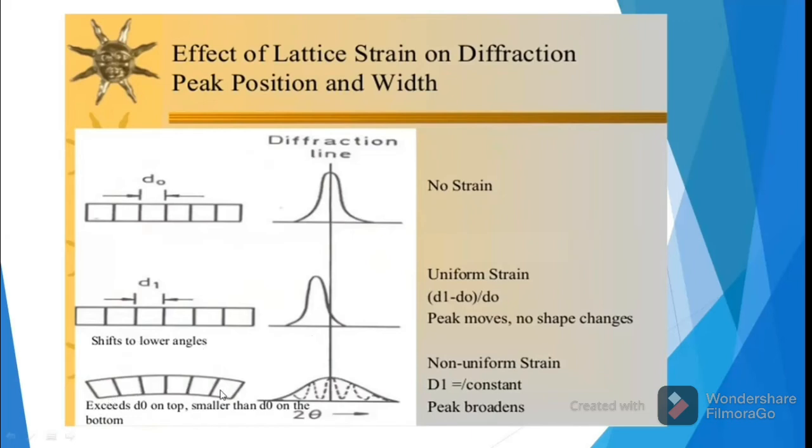Or if there is a strain which is not uniform, non-uniform strain has a non-uniform distribution of the crystal structure. So some crystals are broadened, some crystals are oriented at some particular angle, and their angle is different from each other. So this broadening will take place, and whenever we get a broadened peak, it means that there is a large strain as compared to the peak which is sharp.